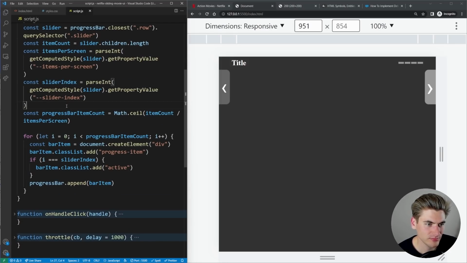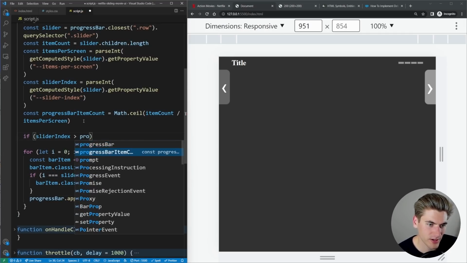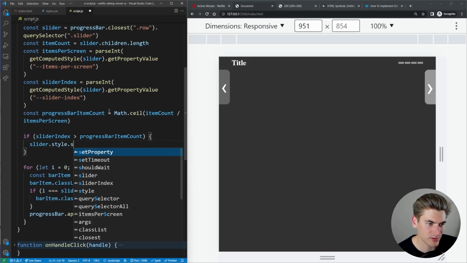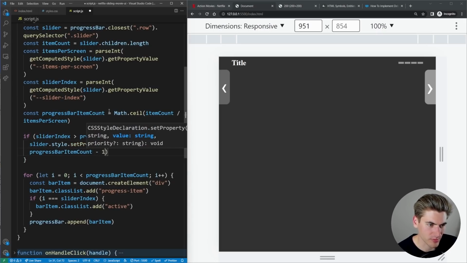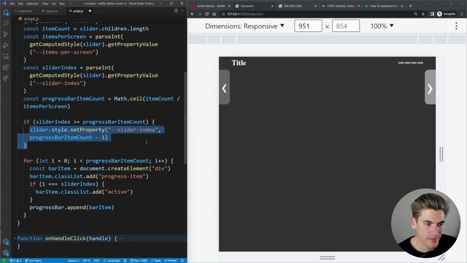Let me think. So we have our progress bar item count. That's the number of progress bars. So if slider index is greater than or equal to our progress bar item count, then I want to set our slider index by saying slider.style.setProperty slider index to our progress bar item count minus 1.